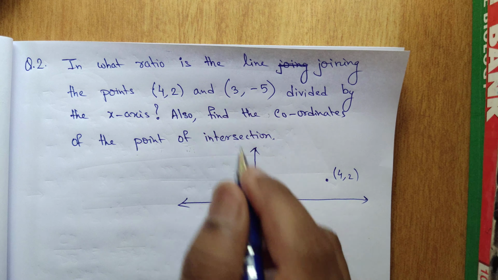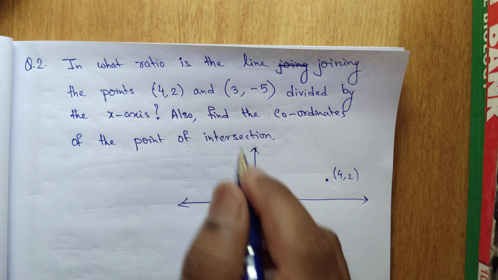3 comma minus 5, so plus minus, it will be in the fourth quadrant. Here x is plus and y is negative. So suppose it is somewhere here. Okay, so this is 3 comma minus 5. I am drawing this just roughly. Now you can see this line segment is intersecting the x-axis. It's not compulsory that you make the diagram like this. You can just make a straight line and show A, B like this. I am drawing it in a graph just to give you a clear idea about the question.